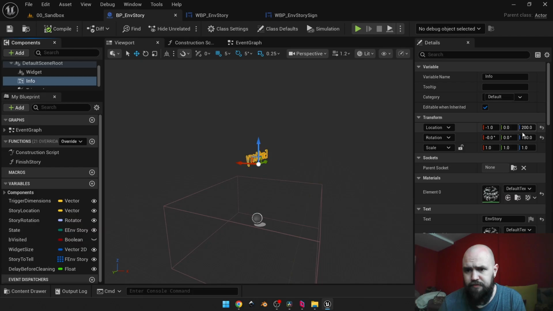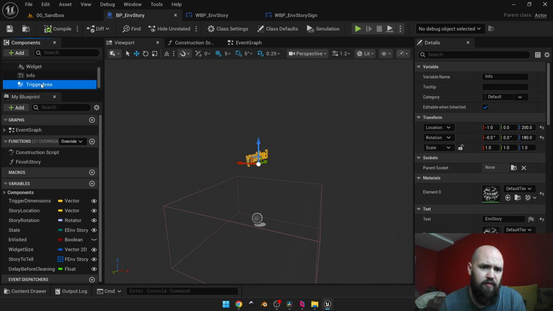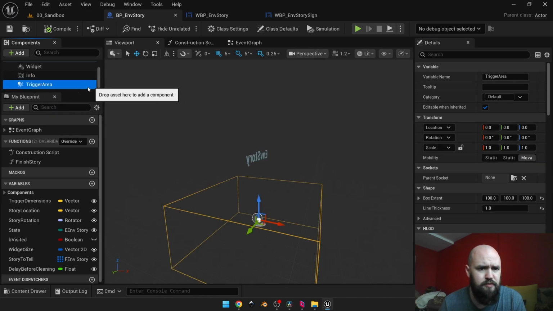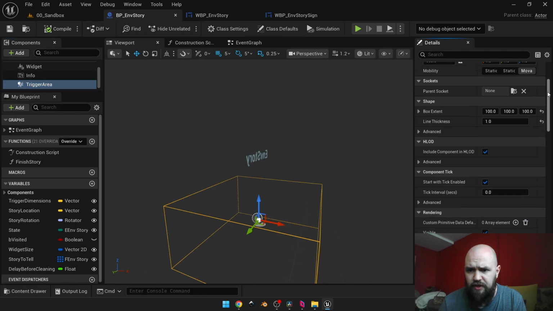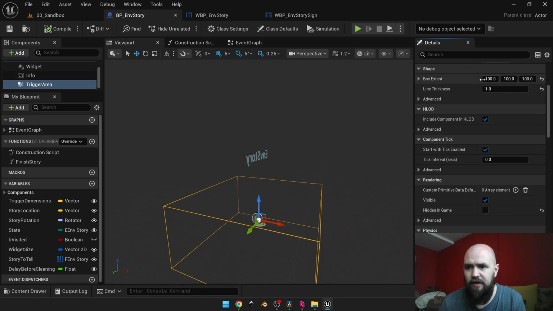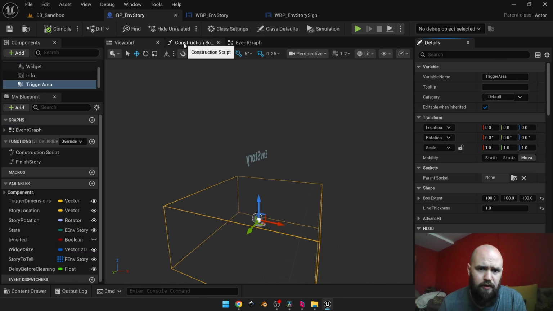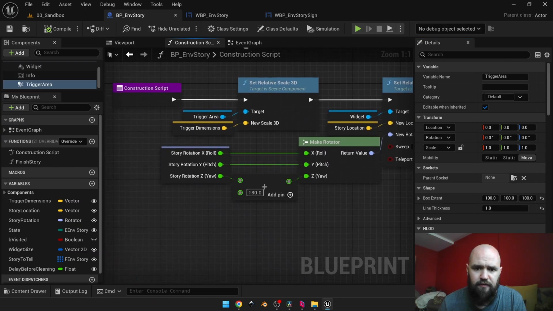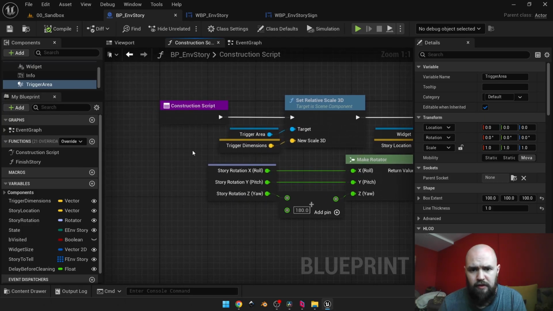So the rotation is also 180 and location is a little bit higher than other things. Also we have the box collision, and it's the last element that we need to add as the component. So here the box extent is 100 units. On the construction script, here we have a little bit logic, but before this,